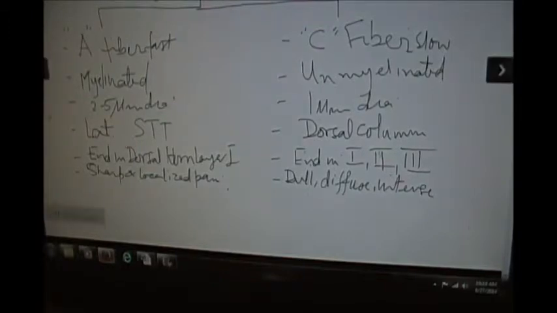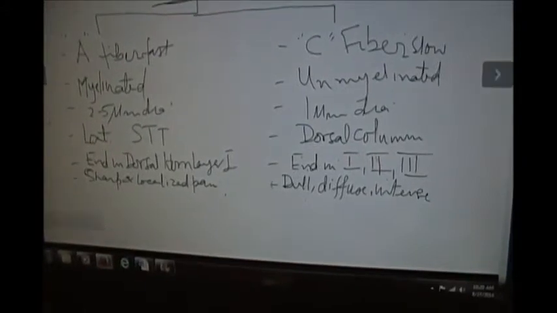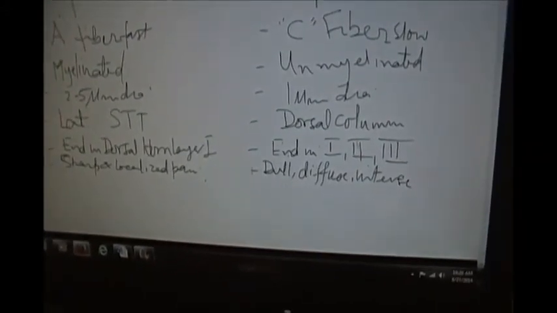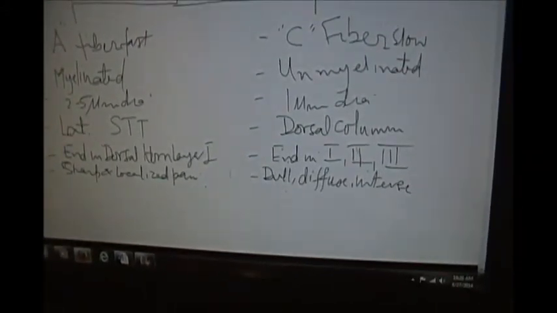The A fibers conduct sharp and localized pain such as a pinprick, and the C fibers conduct dull, diffuse and intense pain. The surgical procedure anterior cordotomy is done to relieve the pain, which cuts the pain fibers in the